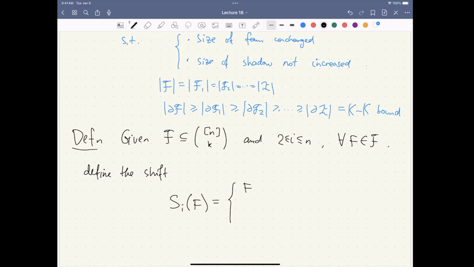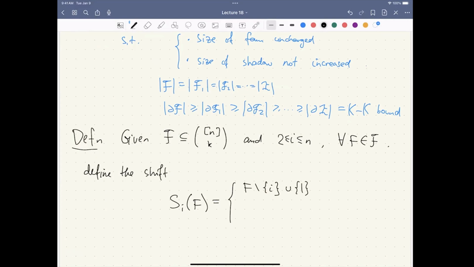So shifting on i means we're going to delete i from F and add 1 to F,